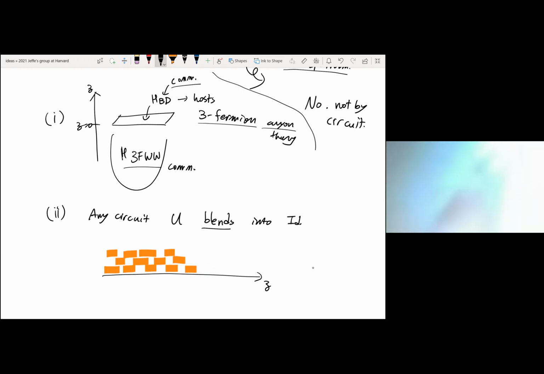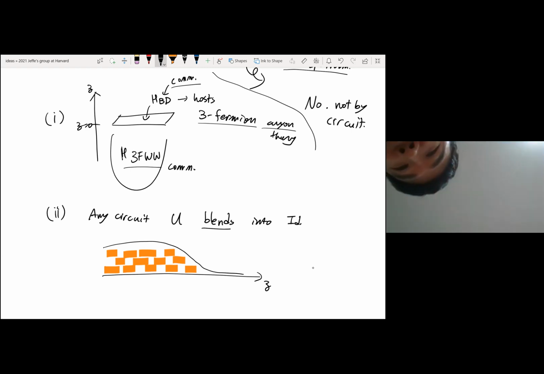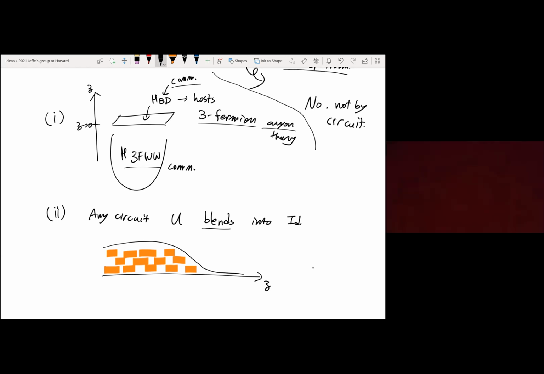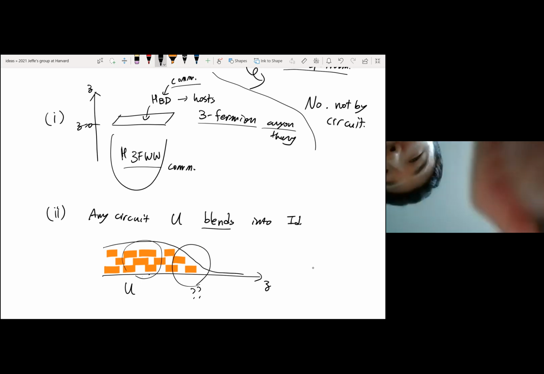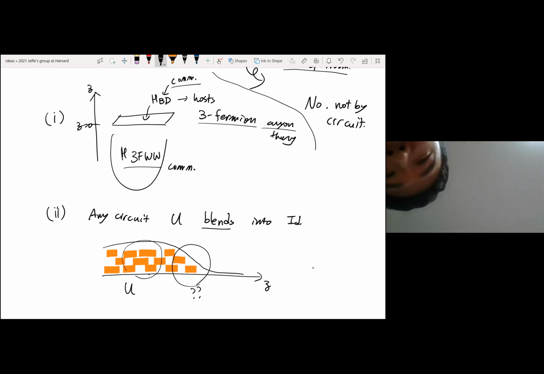So I have a spatial profile of quantum gates such that in the negative z direction, everything is preserved. Here, the action of U by conjugation using these gates implements the faithful action as if I had a full circuit. Here, something interesting is happening, but I don't know. Here, nothing is happening. So the blending means, technically, there exists another circuit, say